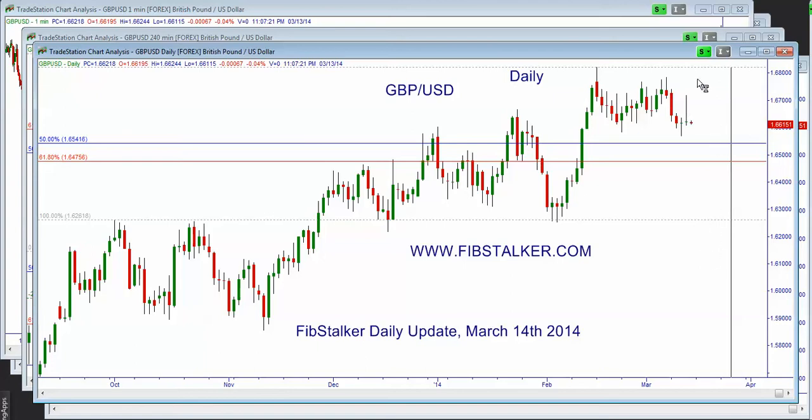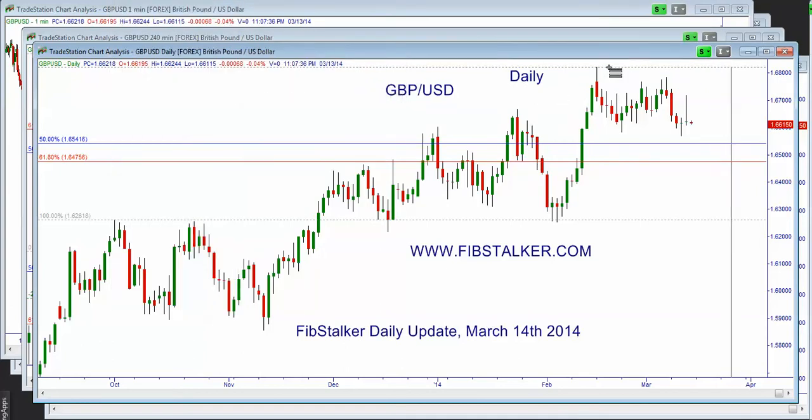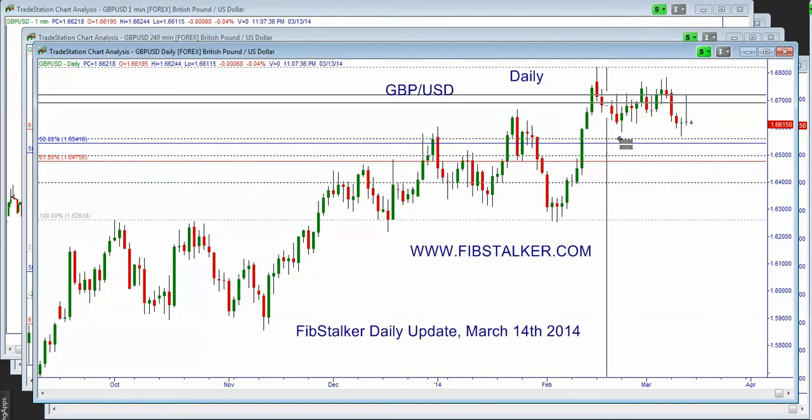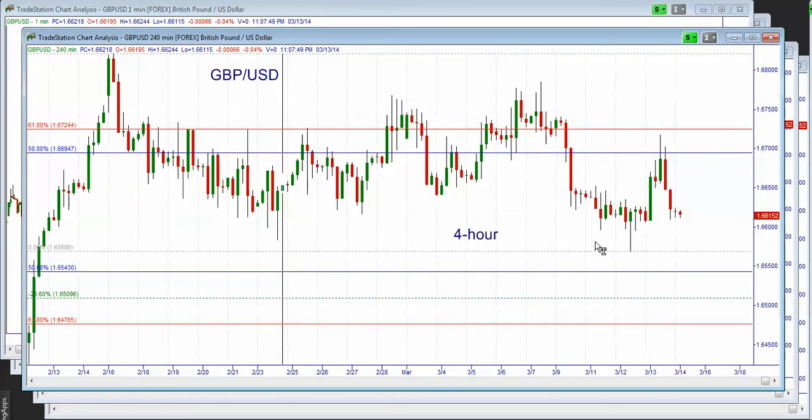So what's happening here is that we're going to test this 165.40, and today we had the test of the all-the-way highs to lows here. Not something that could be anticipated, but that's what happened. There was a way to look at this move on the smaller time frame. Let me show that to you on the